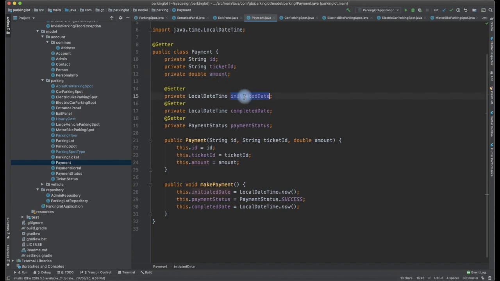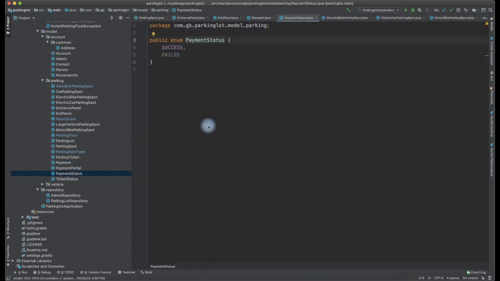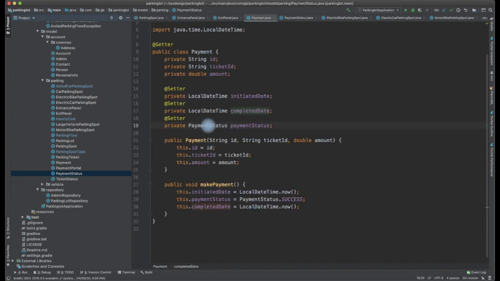So the next thing is payment is initiated. We will have to model certain date fields, which is payment initiated date. Payment might be initiated now, and payment is finished 1 minute later, so the payment completed state. And we are modeling something called payment status. A payment status may fall in between two: one is success and the other is failed. Somebody has tried to initiate a payment, and it is successful, or the other thing is it has failed. Based on the payment responses that we get back from the payment gateway, we would be able to set that as well.